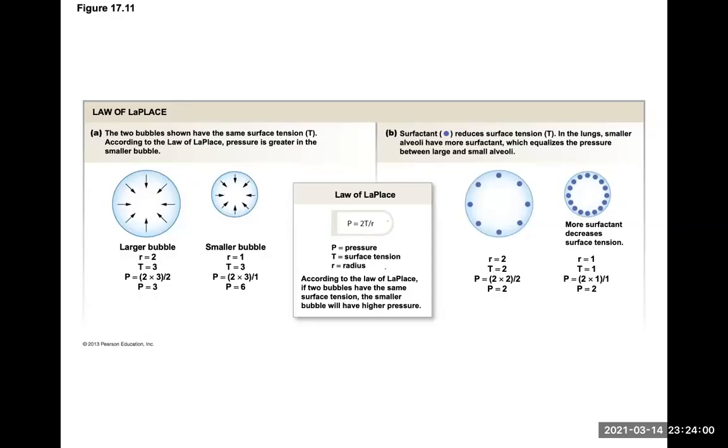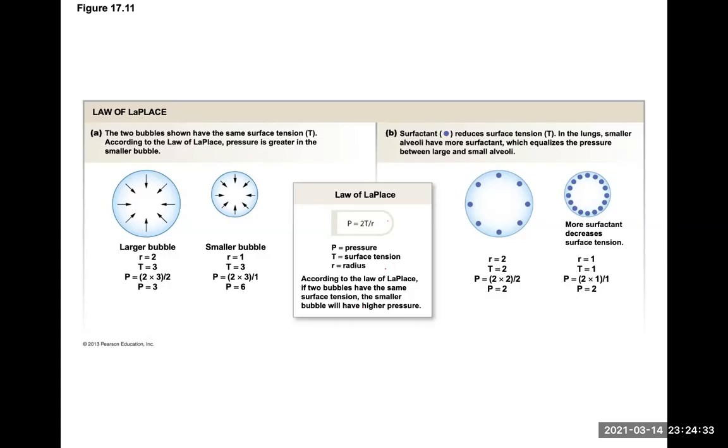So fluid within the alveoli creates surface tension. Water molecules, right? Water molecules are going to hydrogen bond together to generate tension. The law of Laplace, we'll just call him Laplace, says, here we go, P equals 2T over R. So P is pressure, 2 is a constant, T is surface tension, and then R is going to be the radius. So it states that the pressure inside of the bubble is going to be a result of the surface